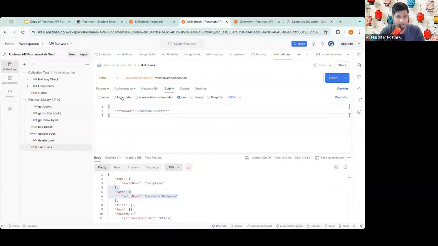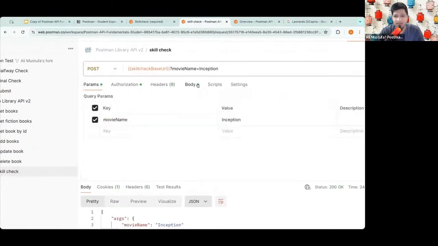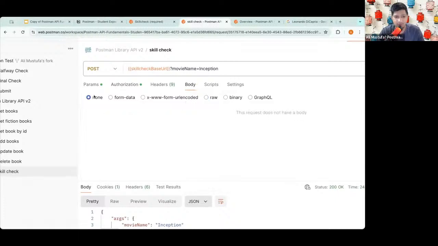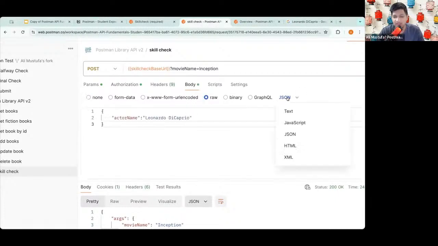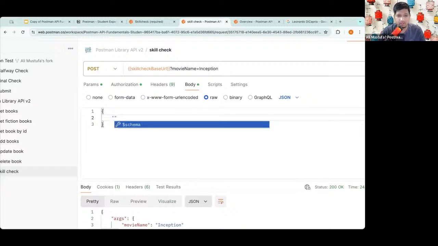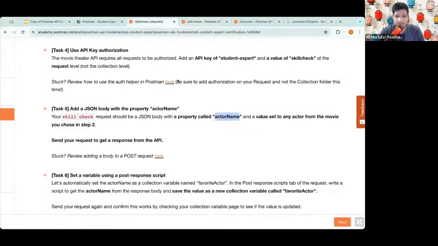Again, perfect. I'll show again what I did. From params, I went to body. From body, from none, I selected raw. And then here I selected JSON. And then I added bracket open. It already closed the bracket for me. Okay. Then I opened double quotes. And then here it was going to be the actor name.